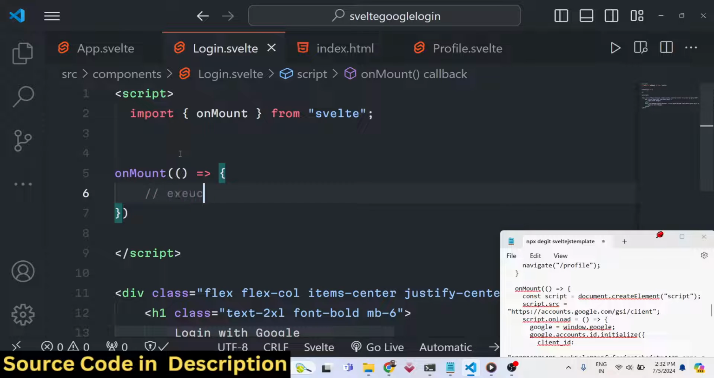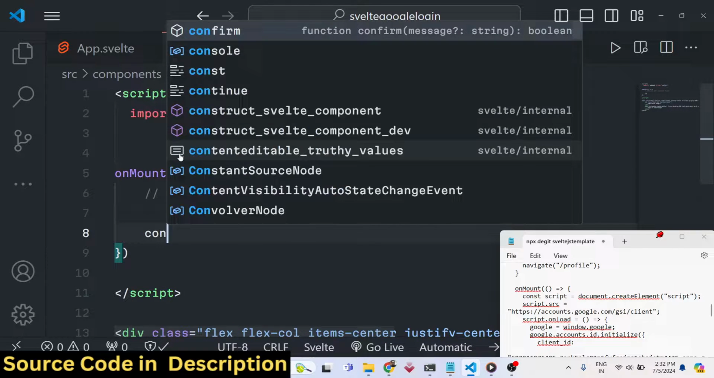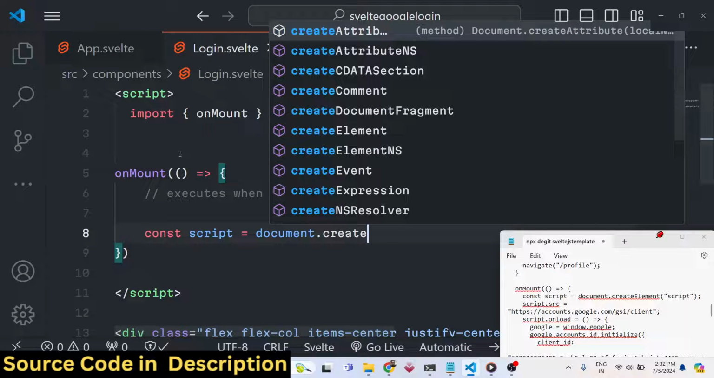So this executes when the component mounts. This will only execute once, at the start. So here what we need to do is create a brand new script tag,